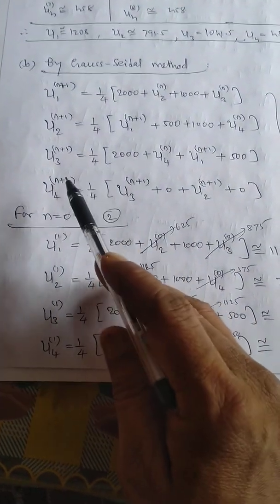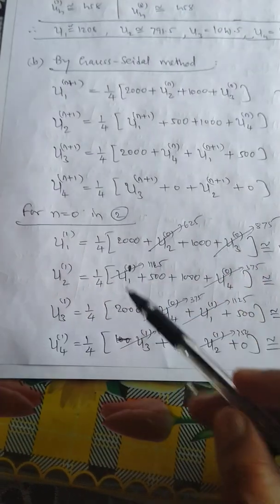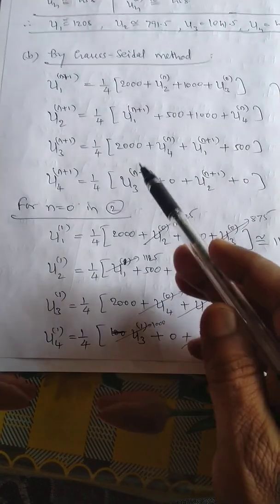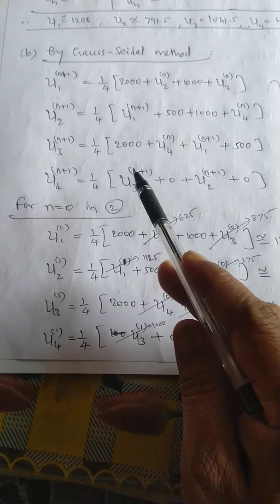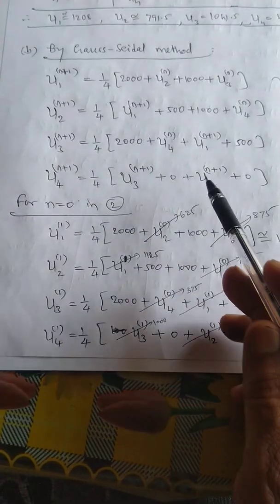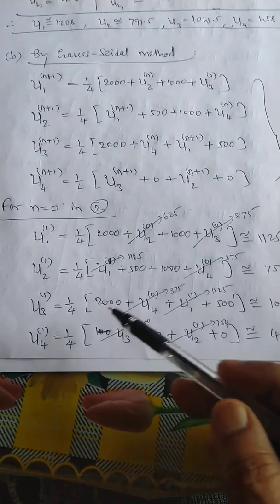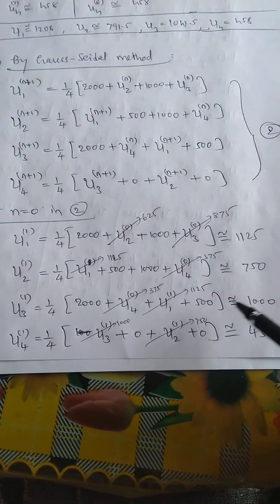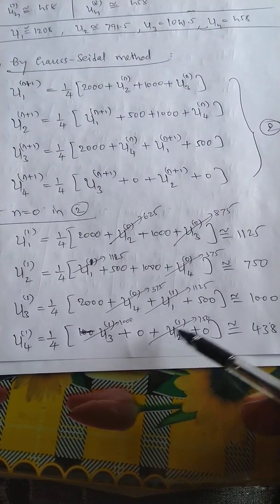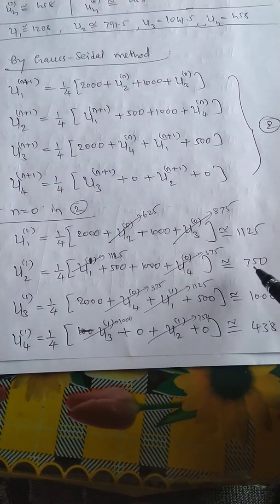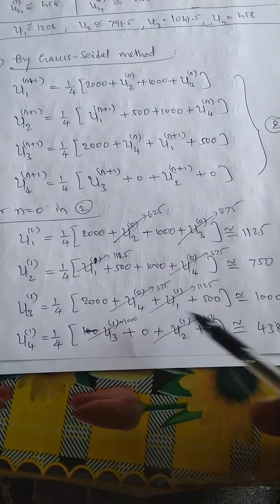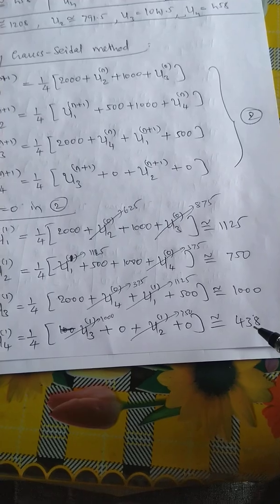U4(1), substituting n equal to 0, U4(1) is equal to 1/4 of U3(1) plus 0 plus U2(1) plus 0, and U3(1) is 1000 plus U2(1) is 750. So this whole divided by 4 is equal to 438. So similarly, n equal to